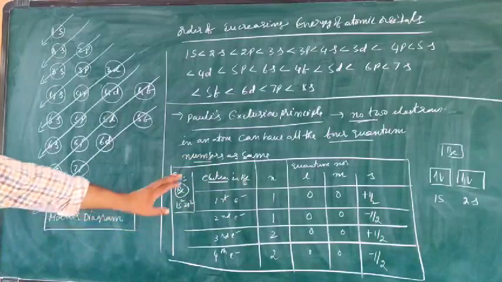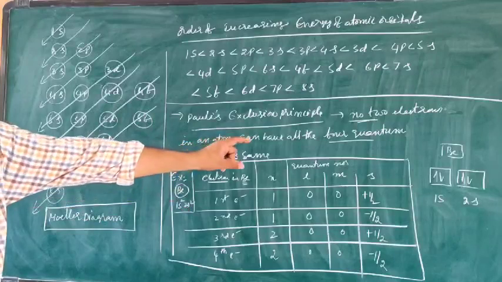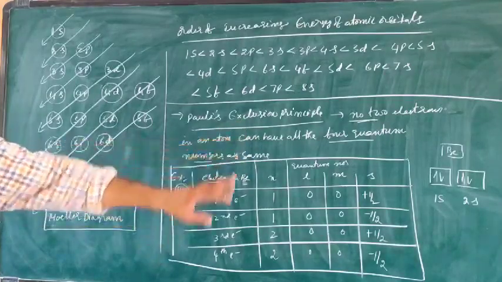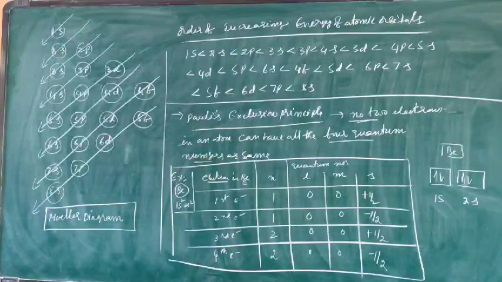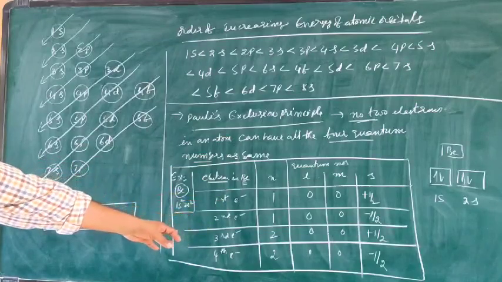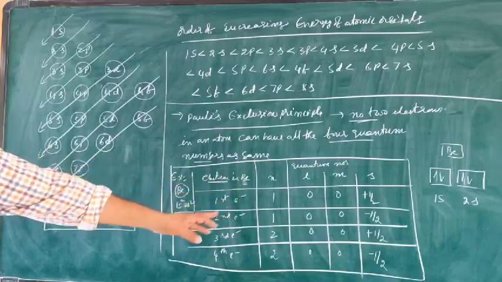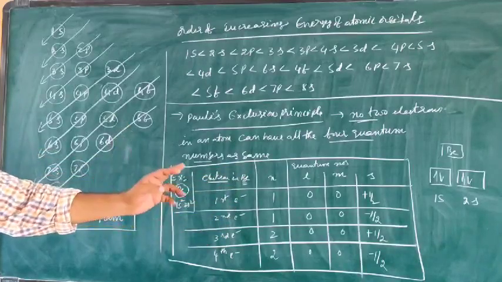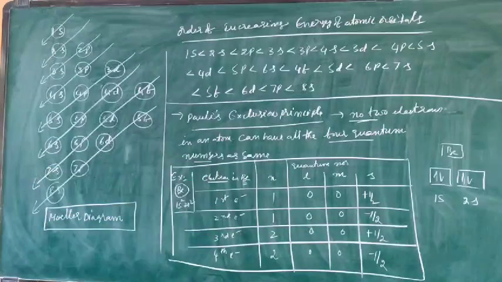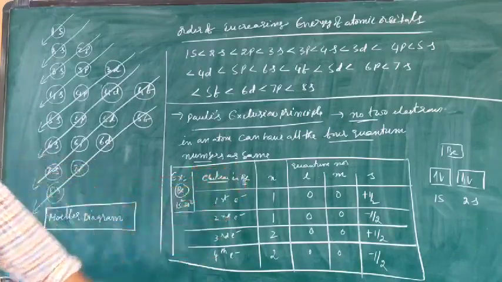So if you observe the first and second electrons, which are present in the same orbital, they differ by spin quantum number. Next one, if you consider the third and fourth electrons, which are present in the 2s orbital, n is the same, l is equal to 0 because for s orbital l is equal to 0. If l is equal to 0, m becomes 0. But the third electron is upward spin, so plus 1 by 2. The fourth electron is downward spin, so that is minus 1 by 2. So at least they differ in one quantum number, the spin quantum number.